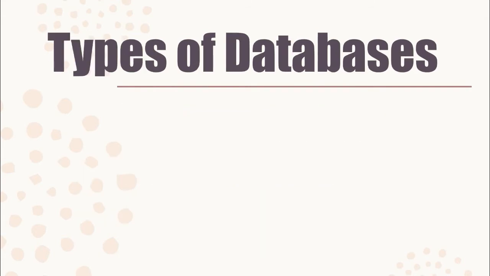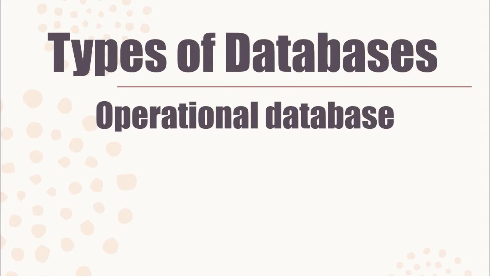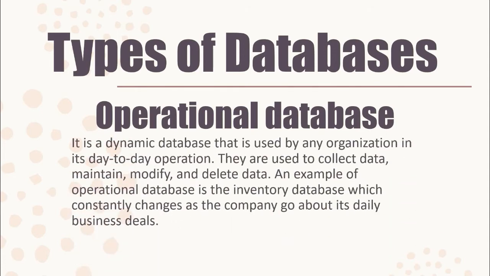Okay, next is the types of databases. The first one is the operational database from the word operation. Ibig sabihin, gumagalaw, hindi siya stable. Operational database. It is a dynamic database that is used by any organization in its day-to-day operation. They are used to collect data, maintain, modify, and delete data. An example of operational database is the inventory database, which constantly changes as the company go about its daily business